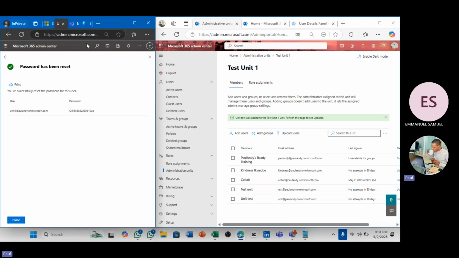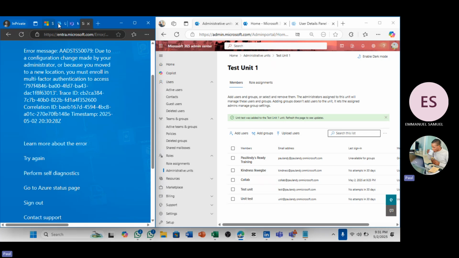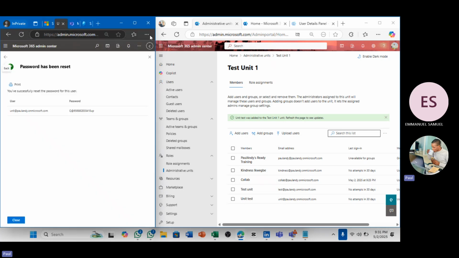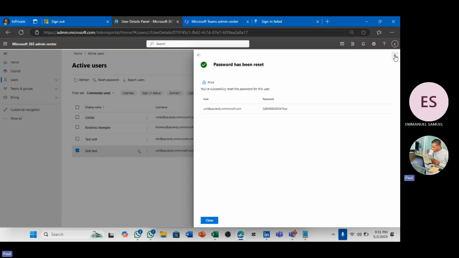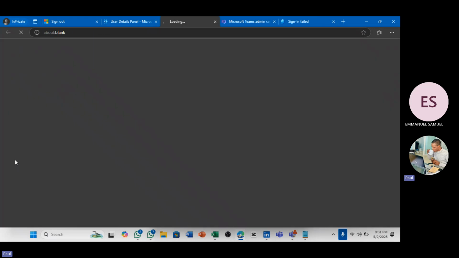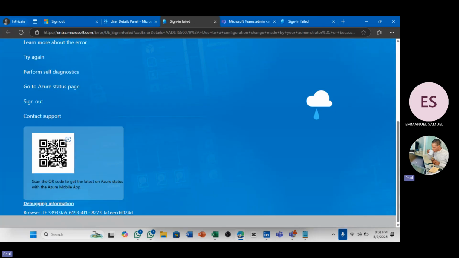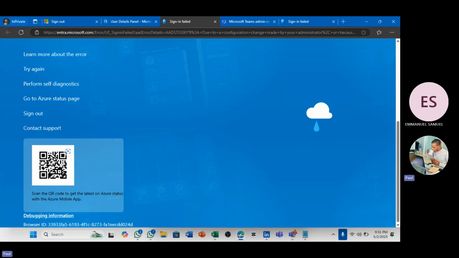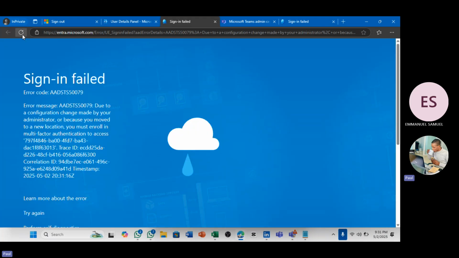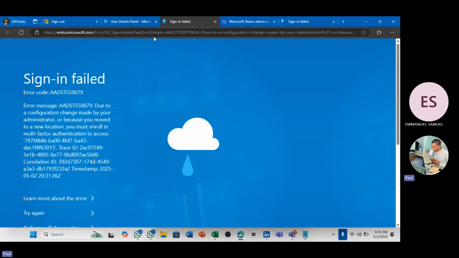So the password has been reset, right? And if I come to, what is this? I wasn't expecting that. So let's just move and do that from here. If I come here and I do identity, I should be able to access the Microsoft Entra ID. I don't know why this is coming up. Naturally, I should be able to access it because I have the helpdesk administrator role, which involves, let's see,